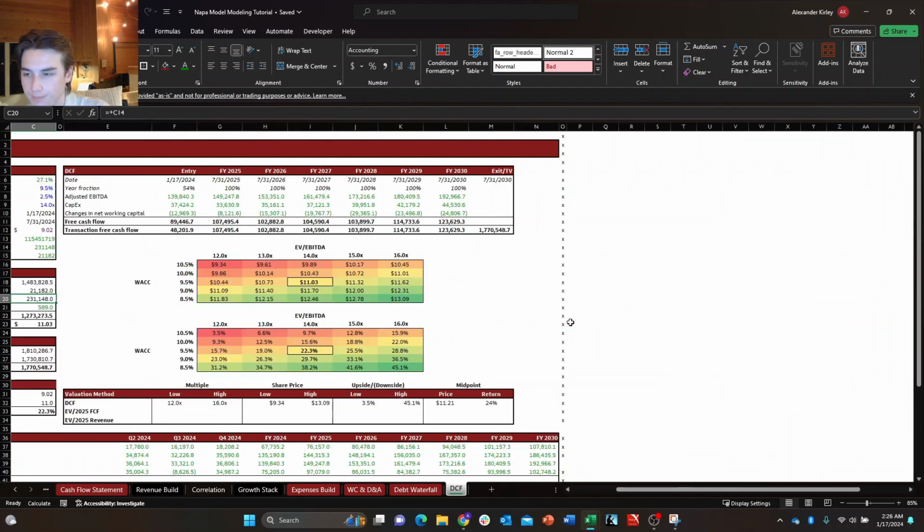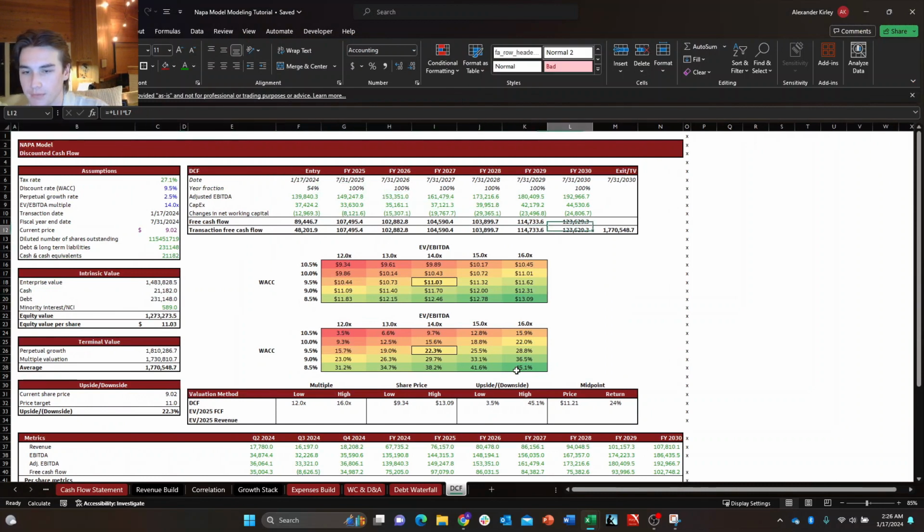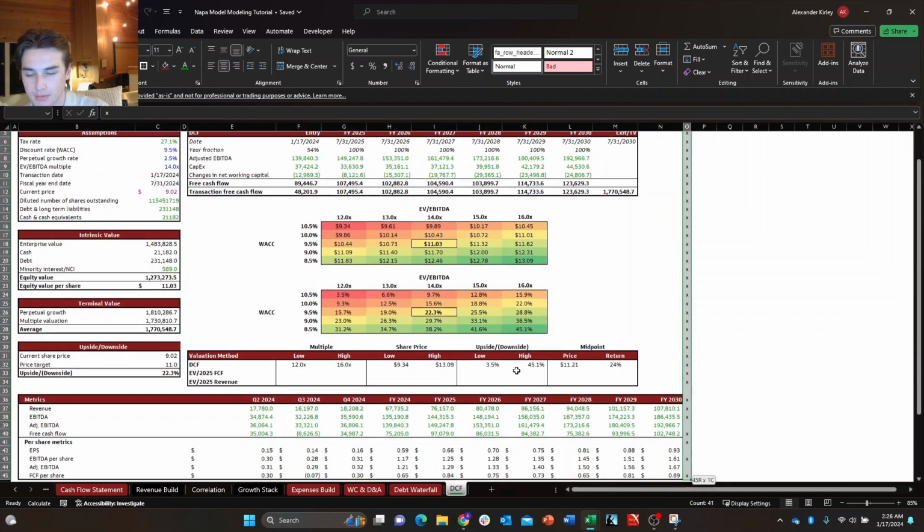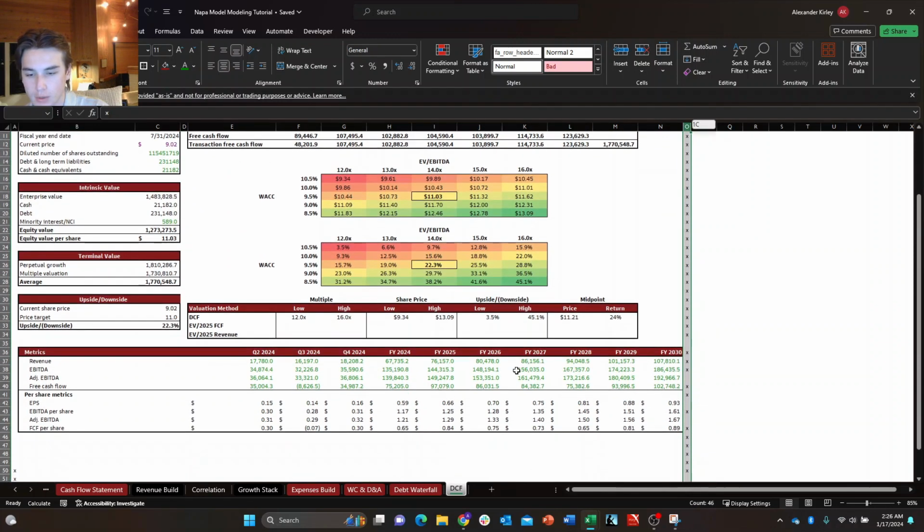And I think it does it. Perfect. So that's our DCF. We'll come back to it after we start linking things, but I'm hoping that helped clear up the purpose. So as a quick summary,